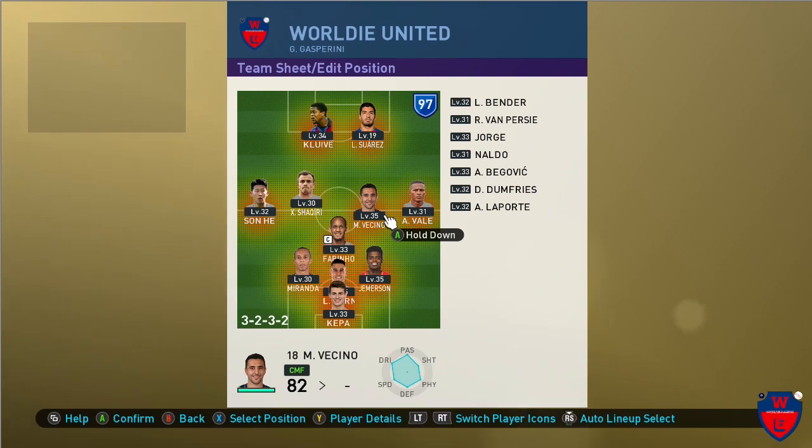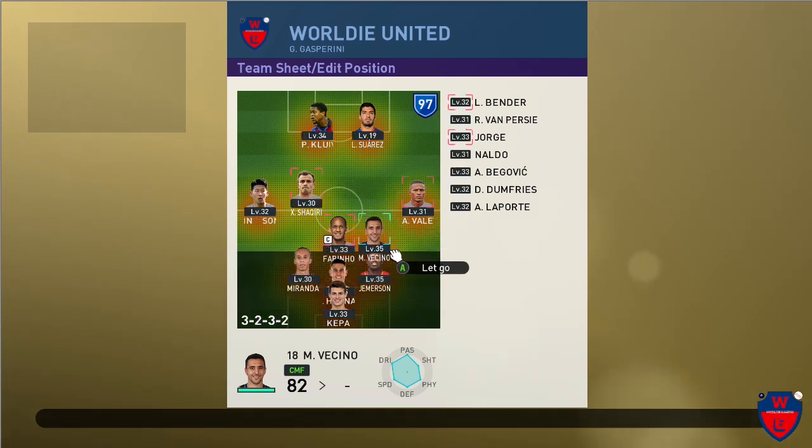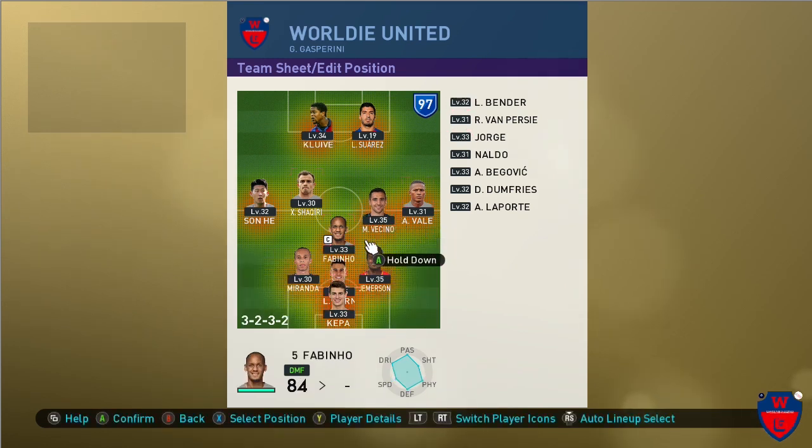3-1-3-1 formation in this regard, right? So this central midfielder, I originally supposed to be down here, but I drag him up and put him right on the line or just below the line, like this, or like this, right, to the right side. And